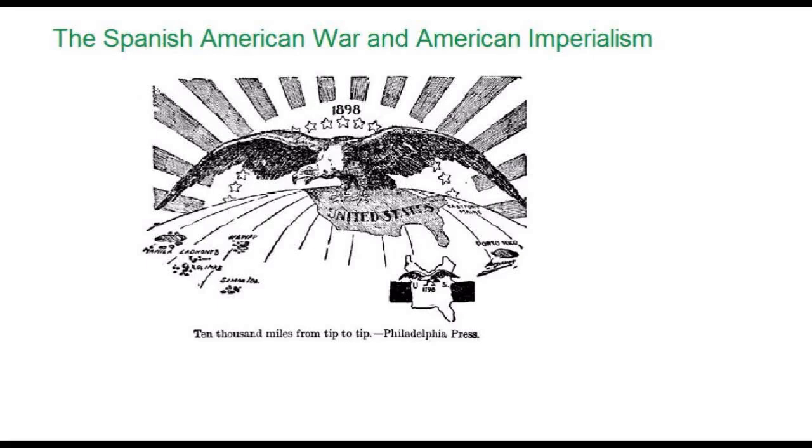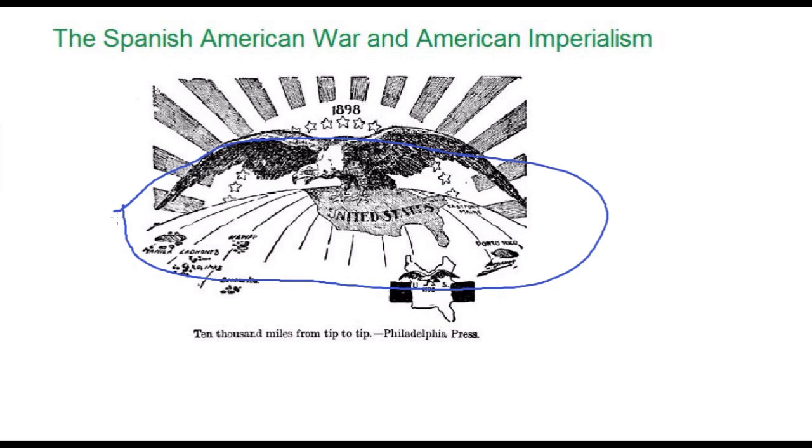Today, we're going to focus on why the United States suddenly became interested in acquiring overseas territories at the end of the 19th century. We're going to begin by focusing on America's changing perspective from a continental nation to, in a way, an intercontinental nation, a nation that wanted to acquire control over this vast territory stretching from the Pacific to the Atlantic Ocean. We're going to begin by focusing on changing policy concerns from continental concerns to intercontinental concerns.